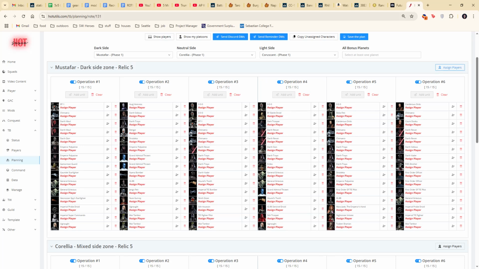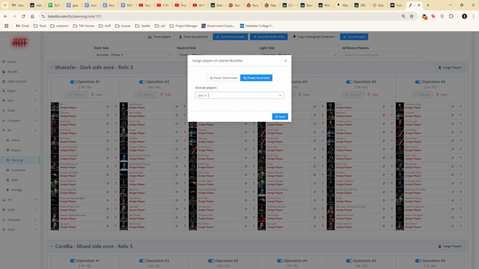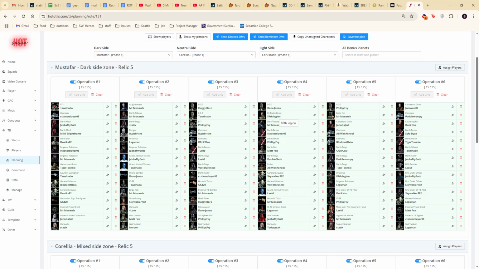So I'm going to hit Assign Planets just like we normally would. It's going to exclude John. I'm going to hit Save. You'll notice that right now it's filled every spot. 15 out of 15, which we don't want, of course, because if we fill them all in, it will fill operations. We won't be able to save those numbers for the next phase. We want to sandbag the guild points in this phase, so we're going to go ahead and hit Save the Plan,